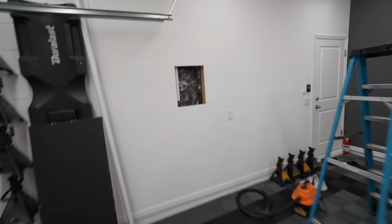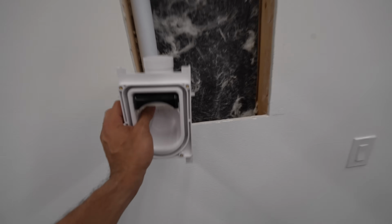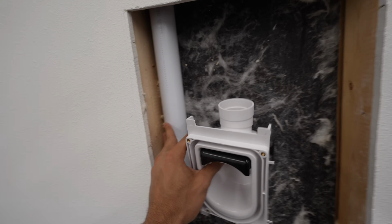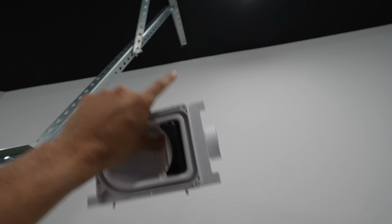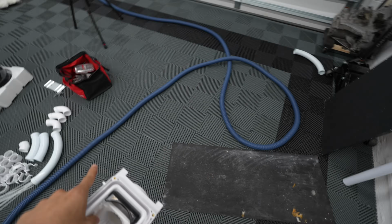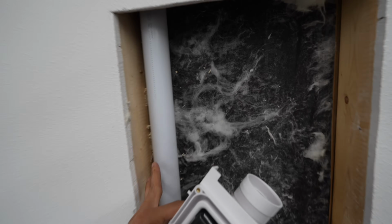Alrighty, so hole is made for the hide-a-hose. The idea again is to put this on the wall, and then we pass the PVC all the way up to the attic, and now I have to route this in the attic so I could put the actual hose inside the PVC piping. It's all complicated. I'll try to explain it as I'm doing it, but essentially we're gonna make one big run,